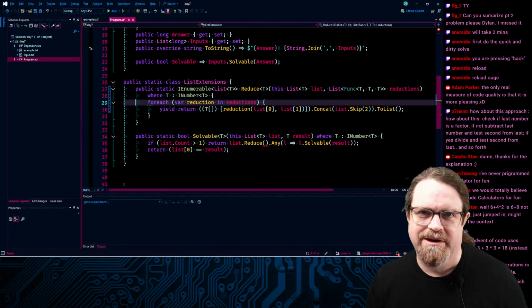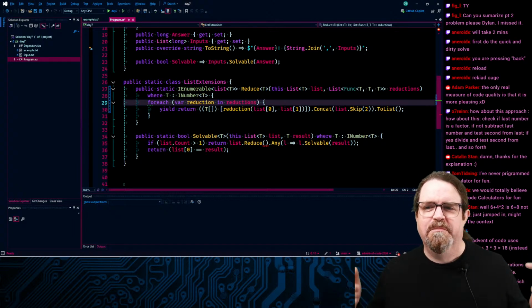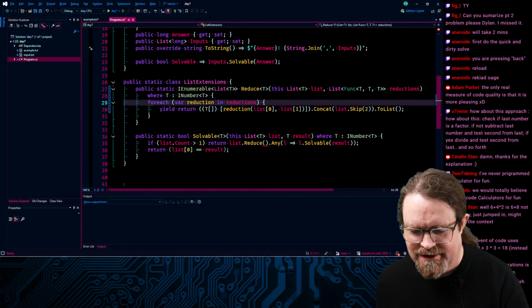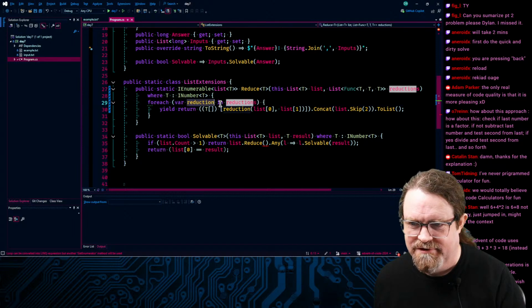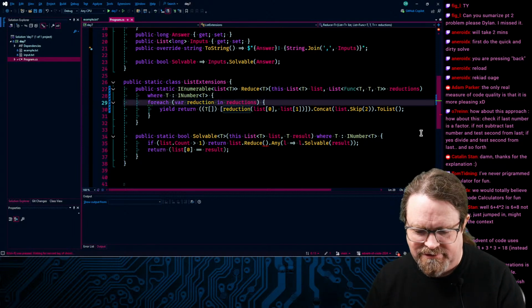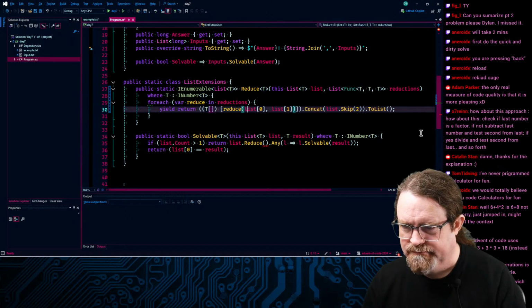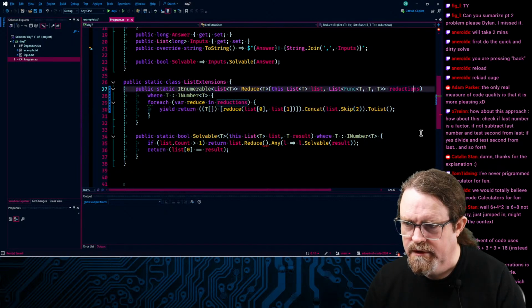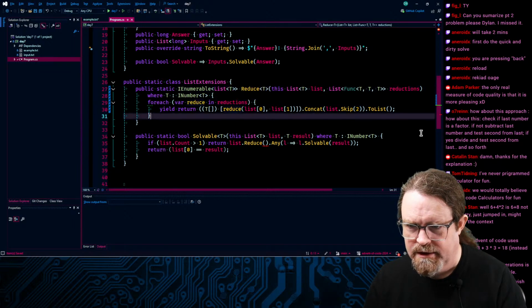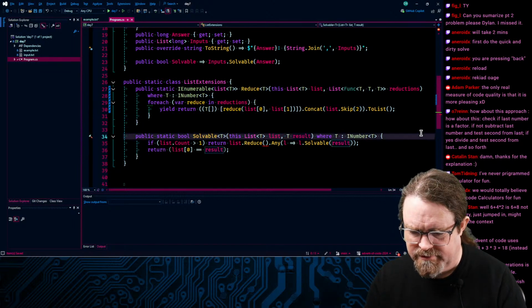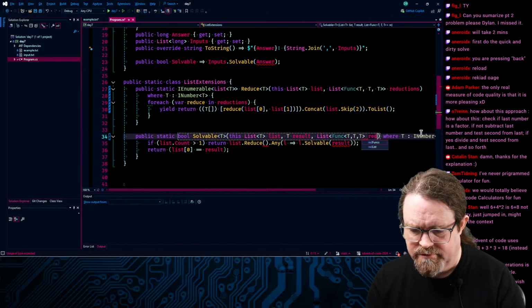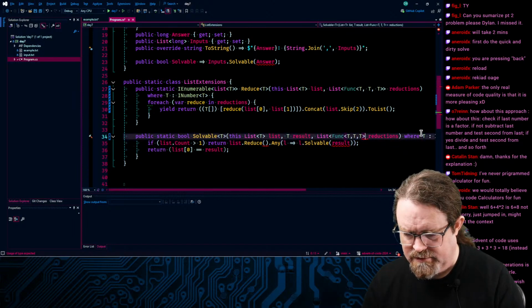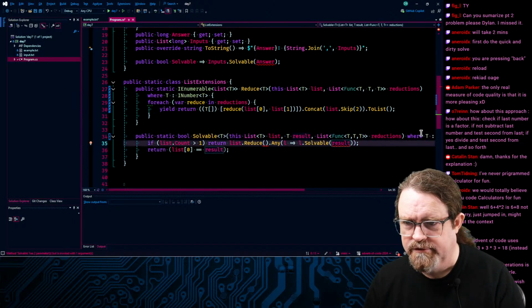All right, so what we're going to do now is pass in a list of all the ways we've got of combining the first two elements, in case that yields the result that we want. So for this one, we're going to say for var, we'll call that one reduce, and solvable this t result and a list of func of t reductions. L dot solvable and